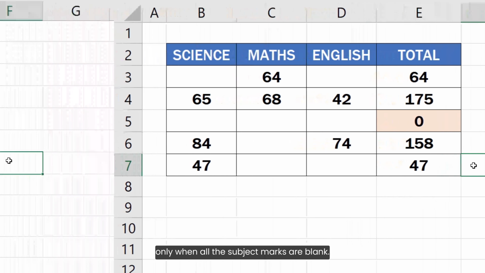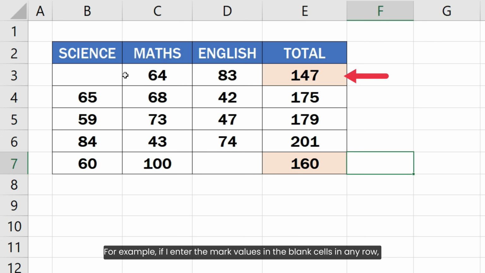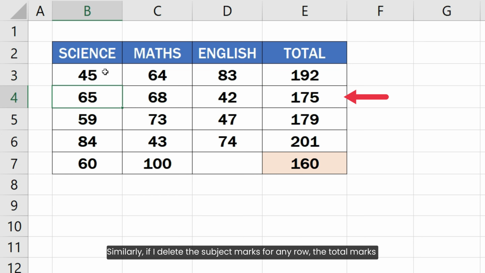marks are blank. This conditional formatting rule is dynamic, which means that if you modify any value, the format will be changed automatically based on the subject column values. For example, if I enter the mark values in the blank cells in any row, the total cell background color will be removed automatically like this. Similarly, if I delete the subject marks for any row, the total marks will be highlighted in light red color